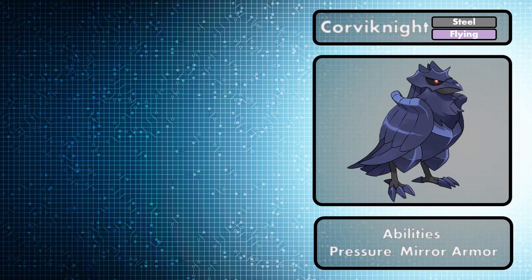Overall though, Pressure is pretty helpful because you can use it to PP stall a lot of opponents, because Corviknight does not have Toxic. That's going to be your go-to ability of choice to just whittle down more